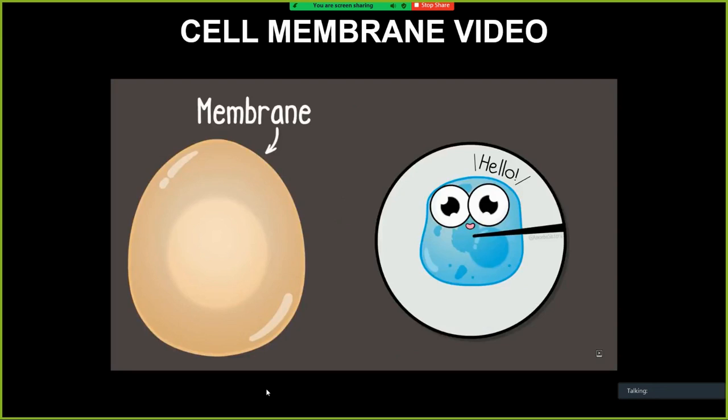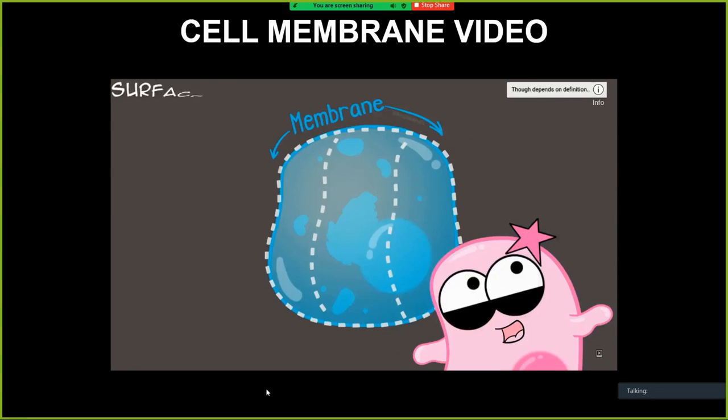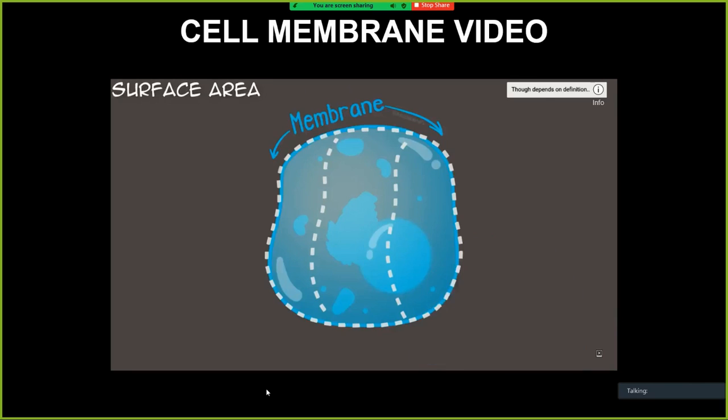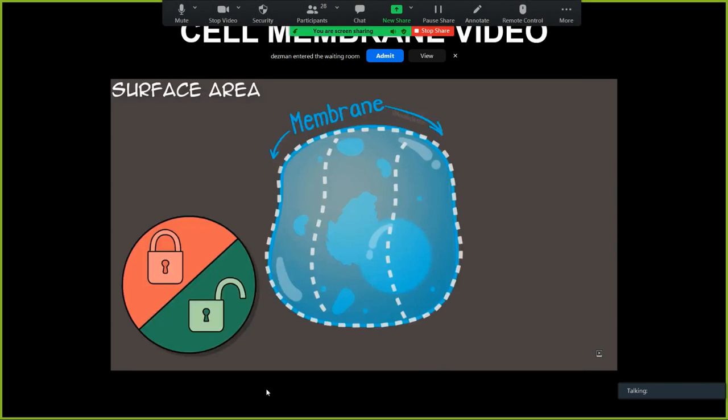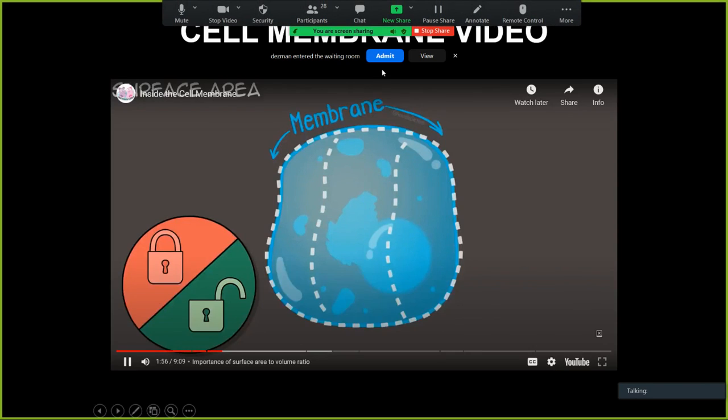A cell could never be as large as a single chicken egg, though. Why? Well, it turns out surface area is a very important thing. Remember that surface area determines the surface measurements of that cell membrane. The cell membrane controls what goes in and out of cells. That includes food coming